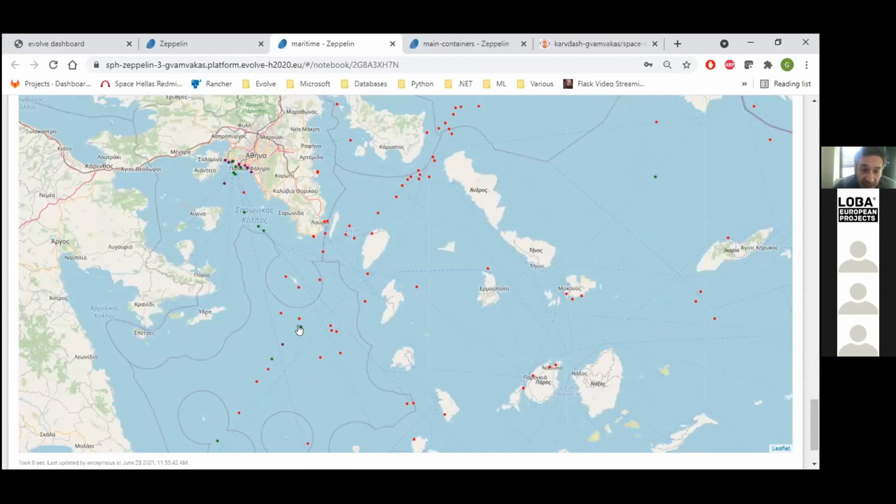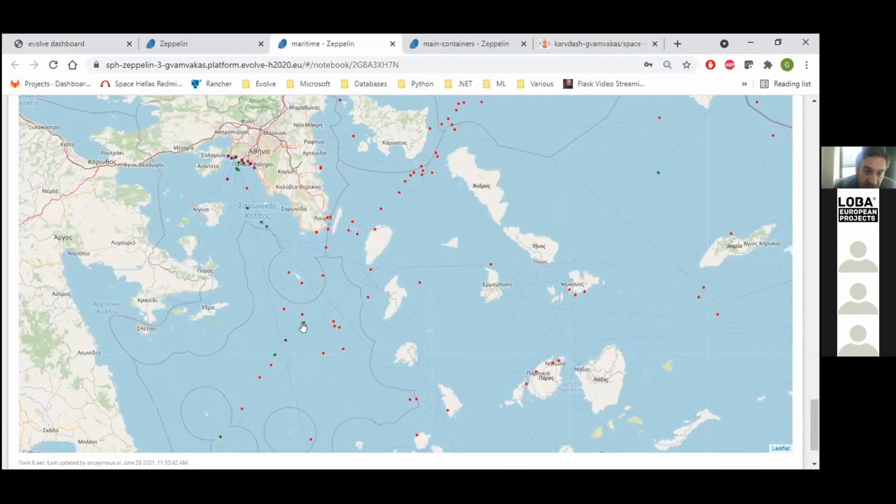This means that the vessel that has been detected is true, since there was also an AIS signal from that time period in that area, and the purple ones are